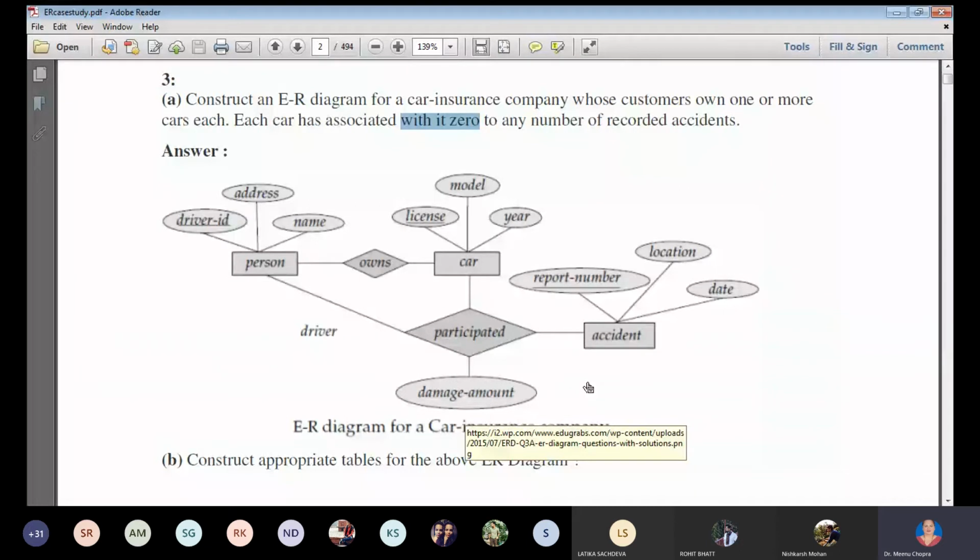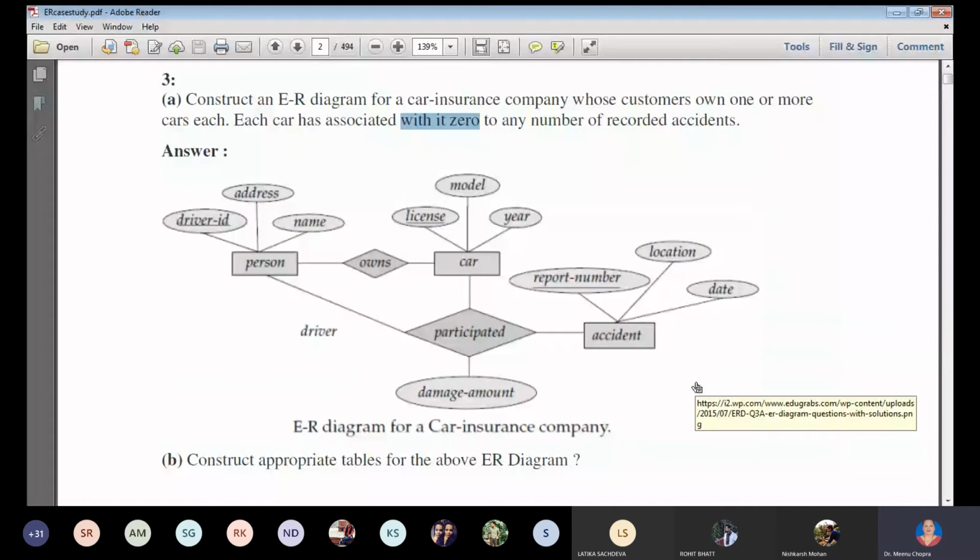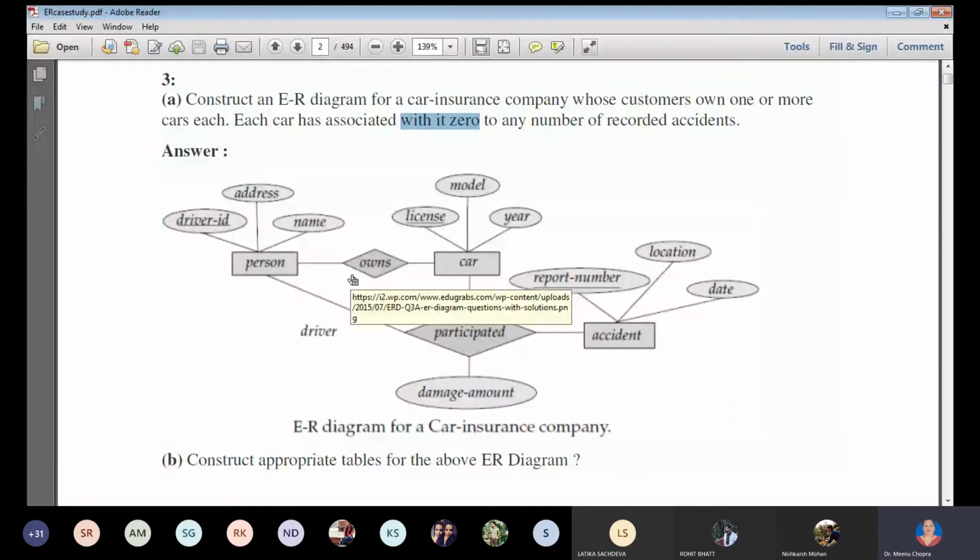Clear? So it doesn't mean कि जो कहा गया है उसको तो आप implement करोगे, but you can add on your own perception that according to me this can be also there. So there is no harm in adding your own entities, your own attributes in the ER diagram. पर minimum जो कह रखा है उसको follow जरूर करना है, that you have to minimum things which are being given to you. Like in this case, person, car, and accident, it is there. You can add your insurance also because it's an insurance company. So you can have the insurance policy, insurance number, insurance year, you can add. But minimum information should be there to depict your ER diagram.